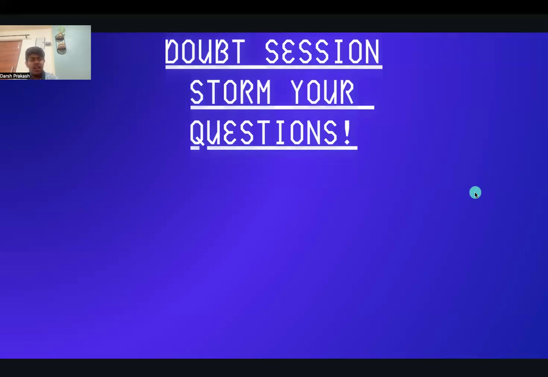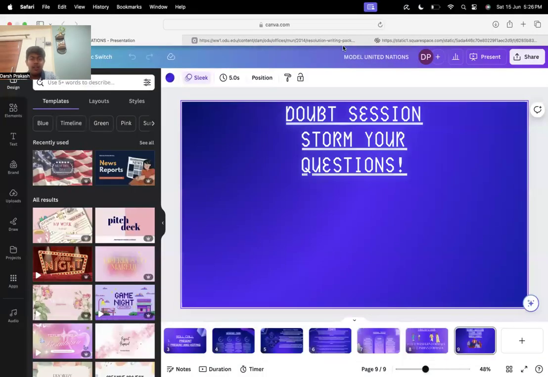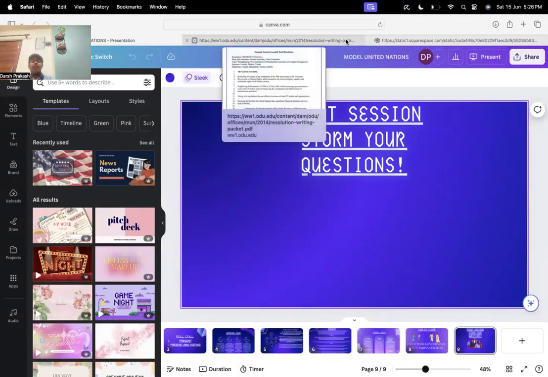Okay, so it's not the doubt session. It has not ended right now. Now, one major thing that I want to discuss with you right now, actually not one, two major things. Both these things are considered as 50-50 godfathers of MUNs. Why am I saying 50-50? Because both these things have an equal amount of weightage in your MUN scorecard, right?